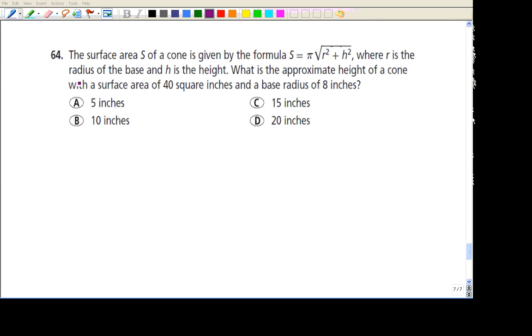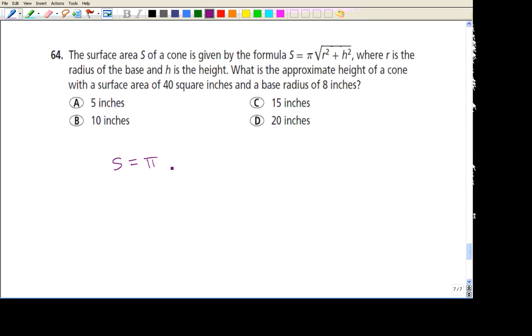And now for the last example. The surface area S of a cone is given by the formula S equals pi times the square root of r squared plus h squared, where r is the radius of the base and h is the height. What is the approximate height of a cone with a surface area of 40 square inches and a base radius of 8 inches? So we take our formula,